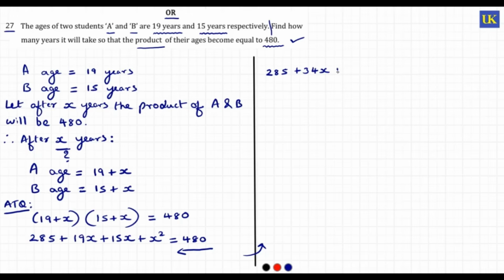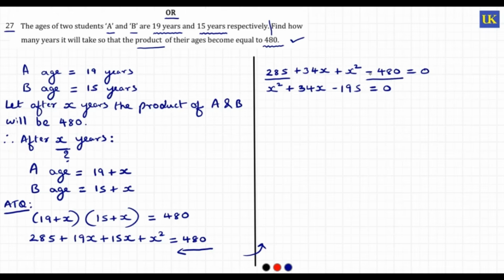34x plus x square minus 480 is equal to 0. Now while writing, I will just correct the order. So I'll first write x square, then I will write 34x, and then we'll solve these two things here. So it will become minus 195 is equal to 0, because we can solve this particular term and this particular